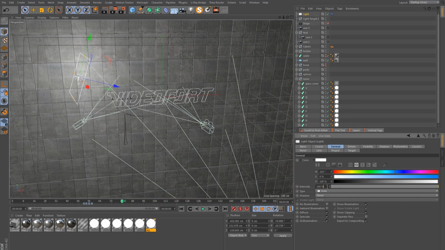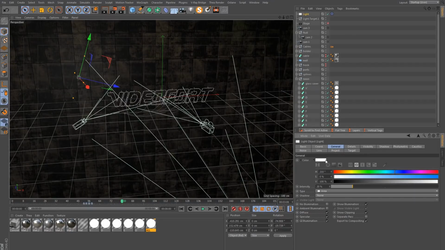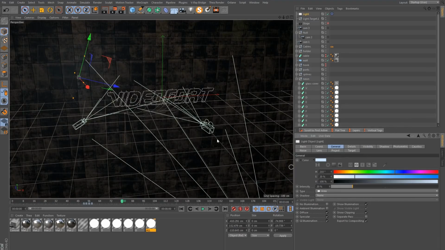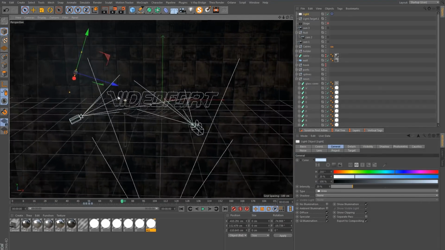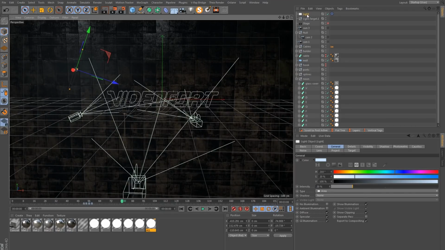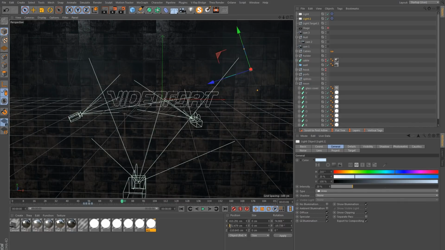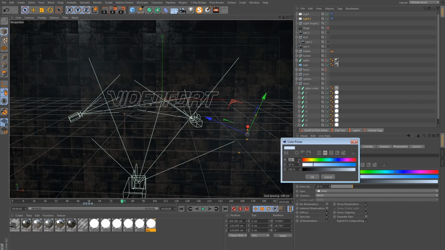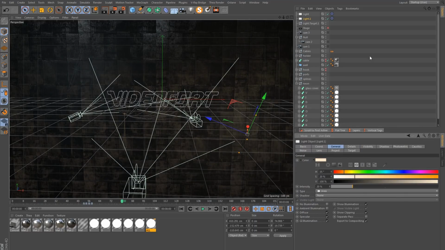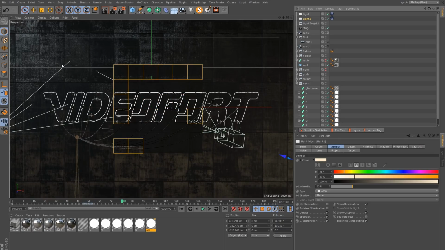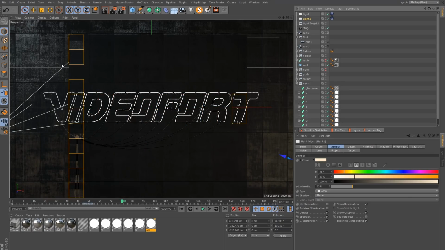This is going to be just 20 intensity, and it's going to be a bluish color. So let's say about 210 for the hue and about 20 for the saturation. So not too crazy there. I can make a copy and just put it on the opposite side and from below, and make this one like an orange warmer color. If I do a quick render, let's see what's going on.